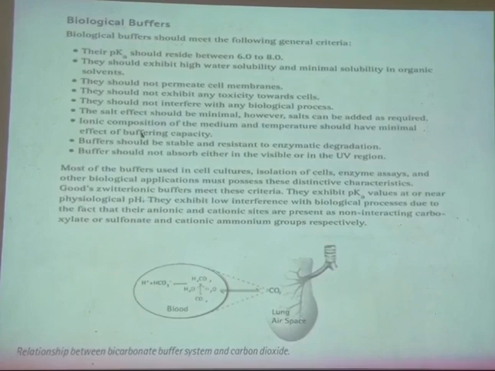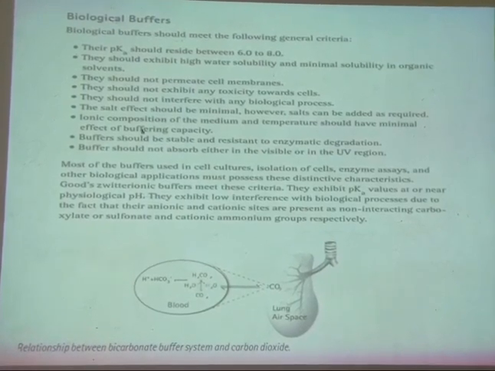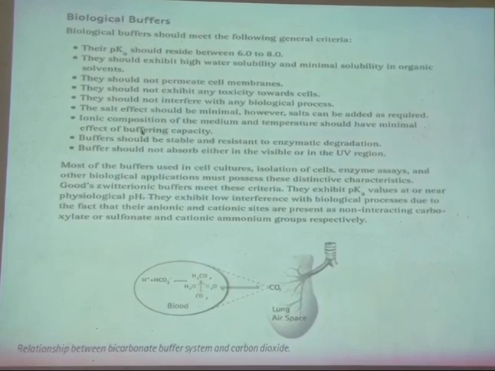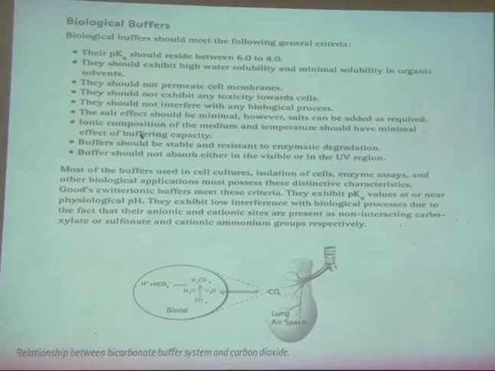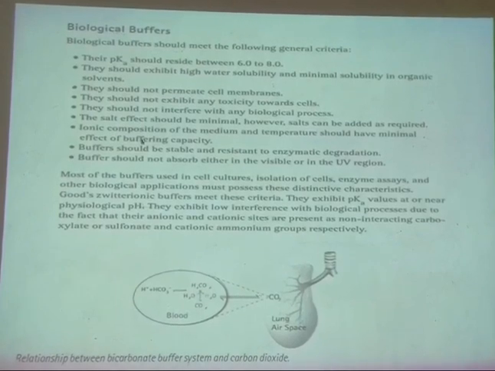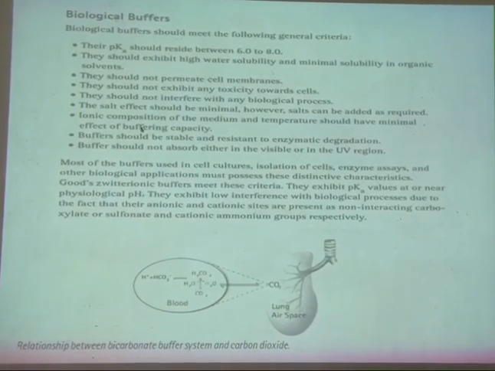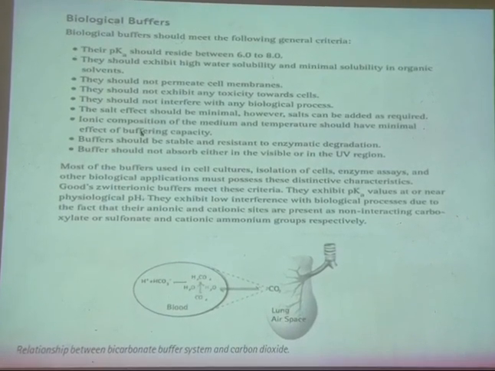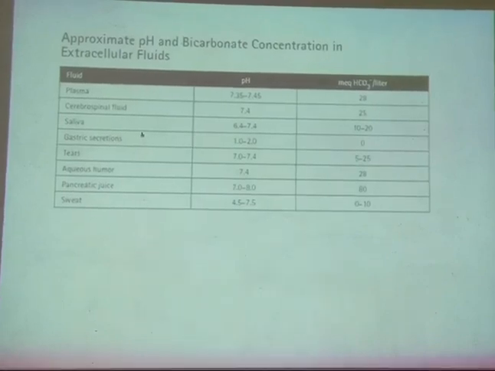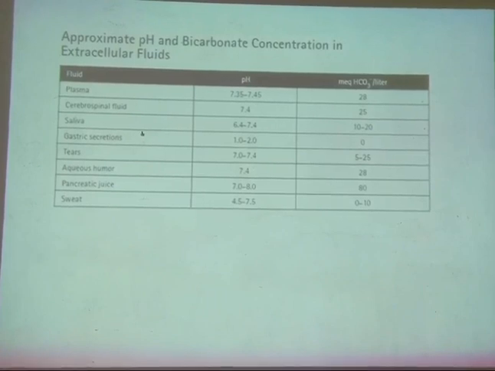So, the ionic composition of the medium and temperature should have minimal effect on buffering capacity, and buffers should be stable and resist enzymatic degradation, and a buffer should not absorb either in the visible or UV region of the radiations. The carbonate and bicarbonate buffer system works very well in the blood system to maintain the lung air space, and the approximate pH and bicarbonate concentration in the extracellular fluid, especially in the blood, how exactly